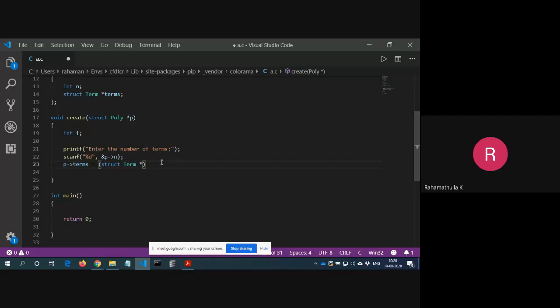How much memory needs to be allocated? Malloc p arrow n multiplied by sizeof struct term, that many number of terms, isn't it?